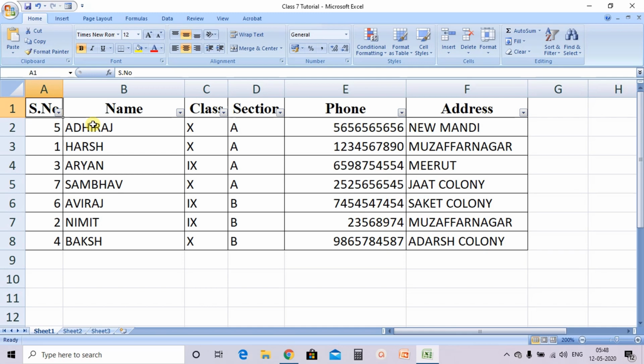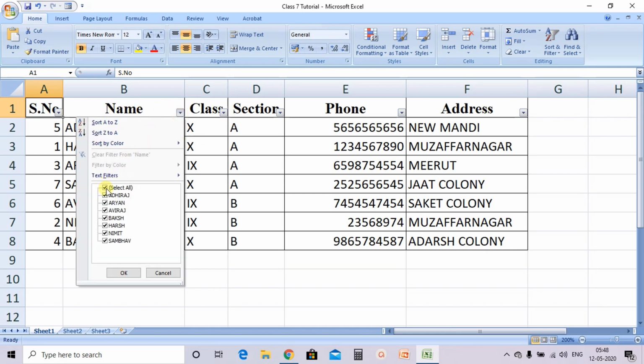Clear? Now suppose I want to see the record of only one student at a time, not all. So I will click on the drop down arrow next to the column name. I will click on Select All, which removes all the selections. Now I select the one student whose record I want to see and click OK.